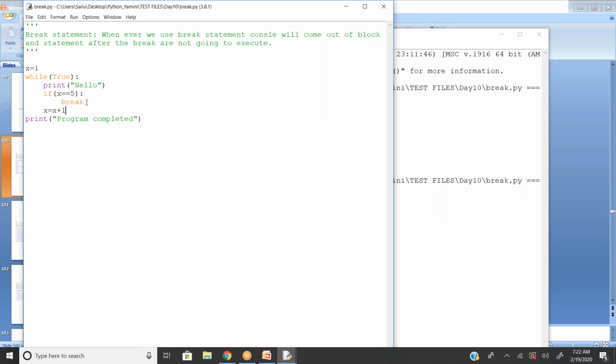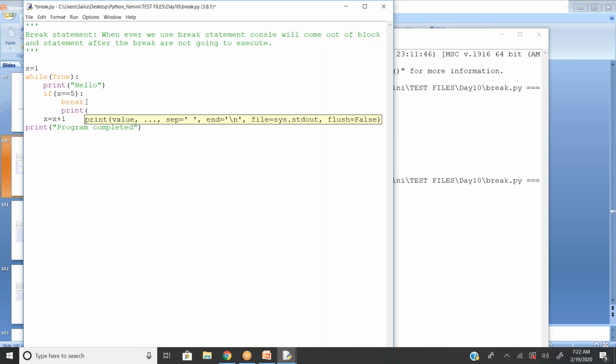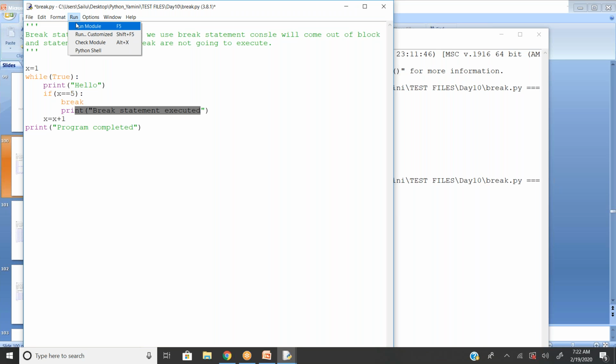Now my question is, what if I write something here after the break? Print break statement executed. Will it be executed here? This print will not be executed.